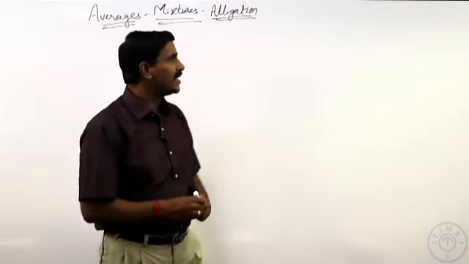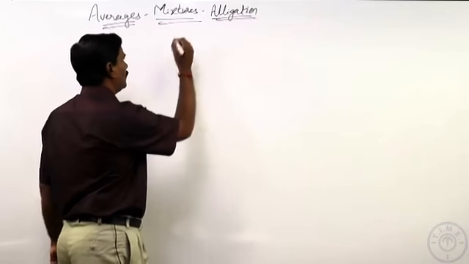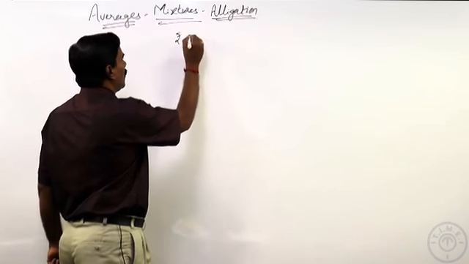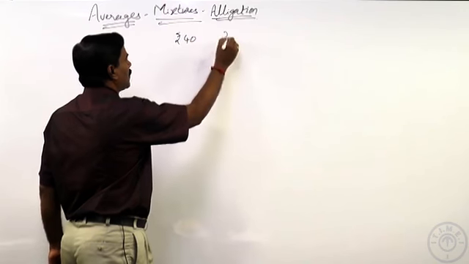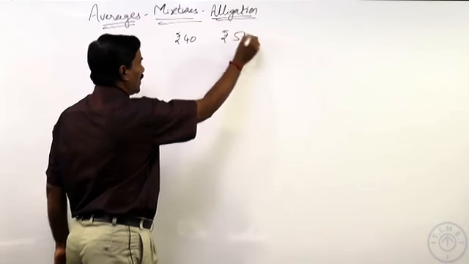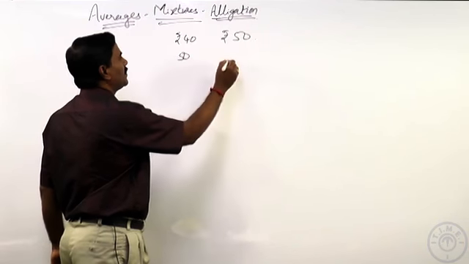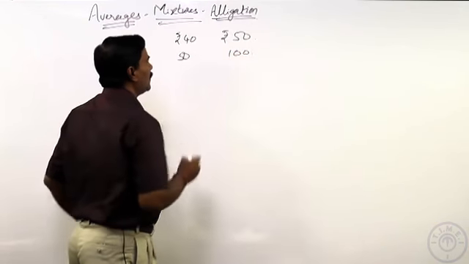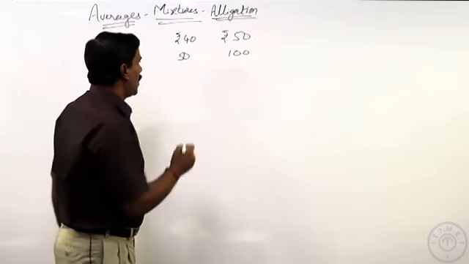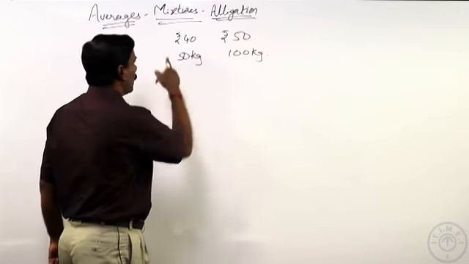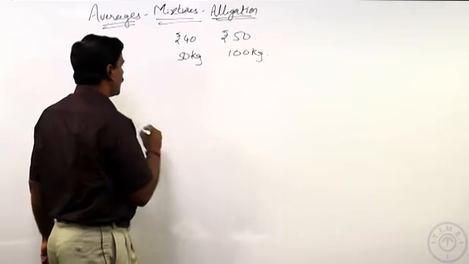Suppose a trader mixed two varieties of rice. Let us say one is costing 40 rupees per kg, the other is costing, let us say, 50 rupees per kg. Let us assume the trader mixed 50 kgs of this and 100 kgs of this together to get a resultant mixture. So if you are looking at the average price of these two mixes,